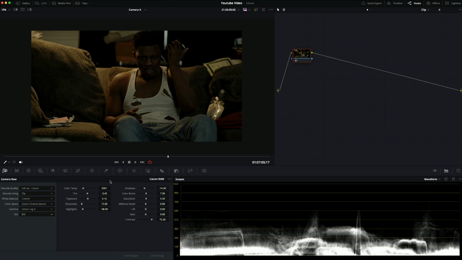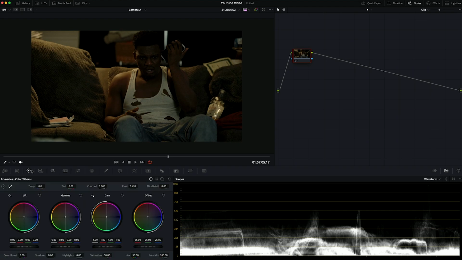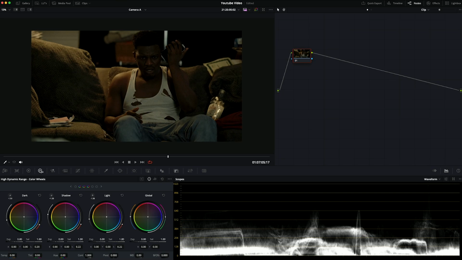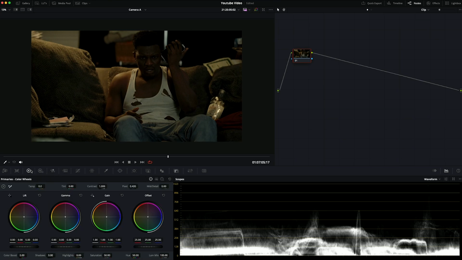we're actually going to go ahead and mess with our nodes now. Now we're going to move over to our color wheels, our primaries. Now you can go ahead and dabble with the HDR if you want to get more intricate with your exposures along with your saturations. But I'm going to keep it very simple today, and I'm just going to attack my